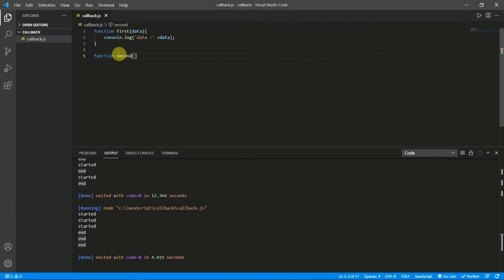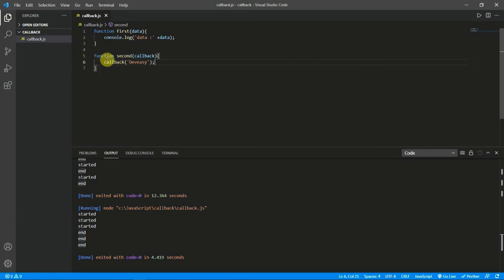Second, and then in second I will have callback. So here I am getting a callback. Don't worry about this parameter, you can name it anything, you can name it ASD or anything else. But it is better to use callback so that you can understand it is a callback, else you will get confused. So inside, what I am doing, I'll just call the callback, and then I'll pass the value dev.easy in it.